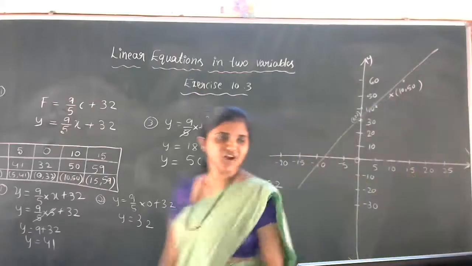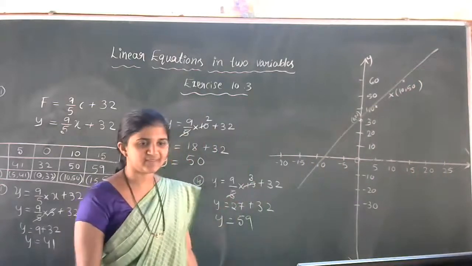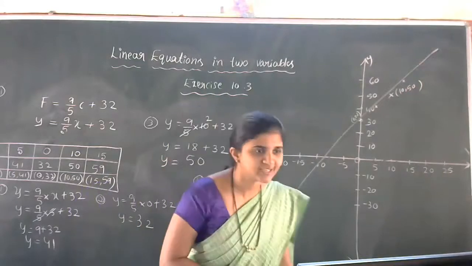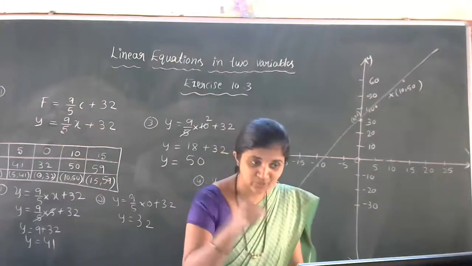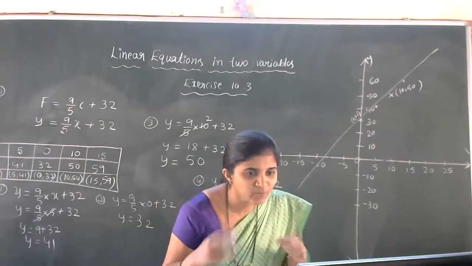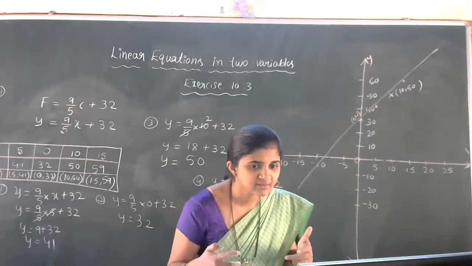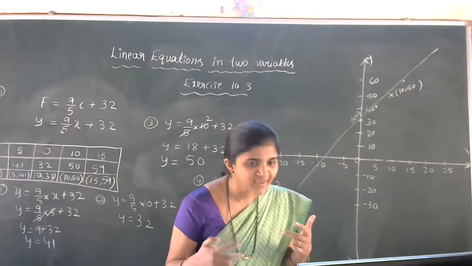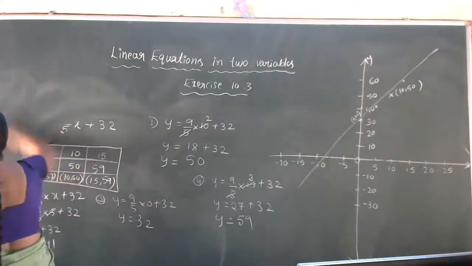Graph like this. Got the idea of this concept, students? So you will get a straight line. You can take any value for x and you will get the same straight line only. Got the idea of this first question of 8th main? Yes, got the idea now? Can we move to the next one, students? Okay. Yes, this is the first main. So now we'll discuss the second main.